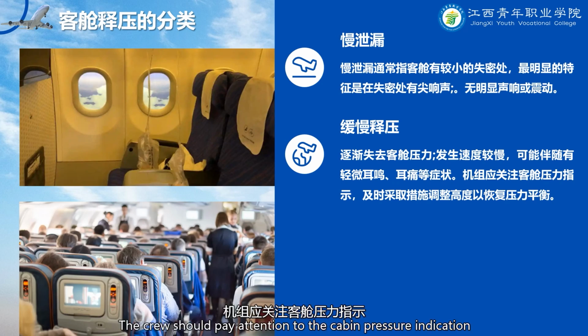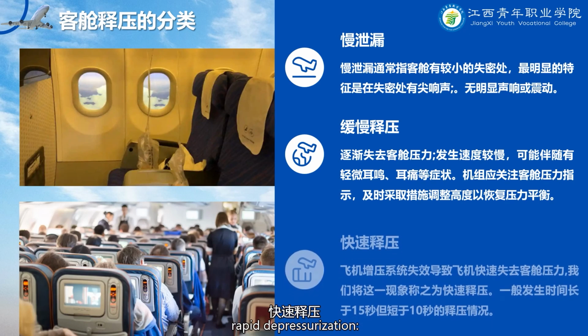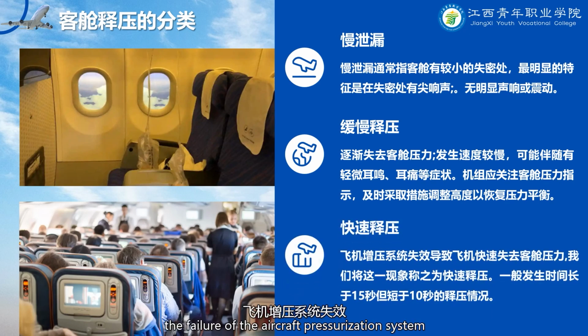The crew should pay attention to the cabin pressure indication and take timely measures to adjust the height to restore the pressure balance. Rapid depressurization. The failure of the aircraft pressurization system leads to the rapid loss of cabin pressure, which we call rapid depressurization. A depressurization that generally occurs for longer than 10 seconds, but less than 15 seconds. This type of depressurization can be found on large aircraft commonly. There is no high risk of lung damage from this depressurization, but noise, confusion, and fog are present in varying degrees, which can lead to increased ear pain, even possibly breathing difficulties for passengers and crew members. In this case, rapid depressurization procedures should be performed immediately, including putting on an oxygen mask, checking and closing openings